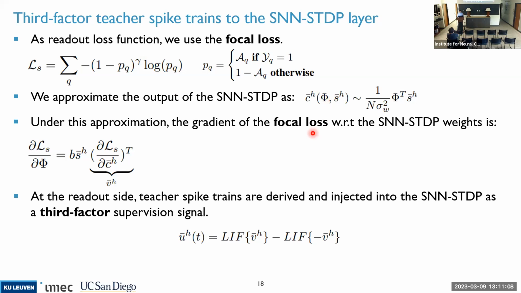In order to create these third-factor spike trains that feed back into the SNN-CDP side, we needed to do some approximations. First, we approximated the output of the SNN in a very crude manner by saying that the output spikes are akin to this term here, meaning the Phi transpose, the input rate of the SNN, times the input S, with a certain normalization constant here. What you can show is that this approximation holds at the very beginning of learning, when the weights are still random. The Phi transpose Phi terms are still diagonal, and so it would reduce to this kind of constant.